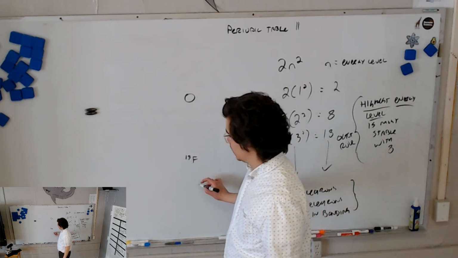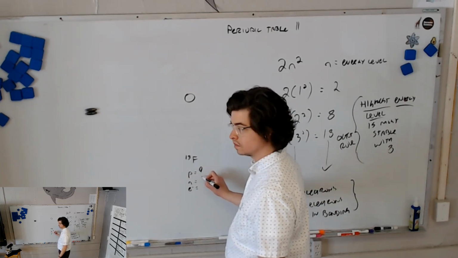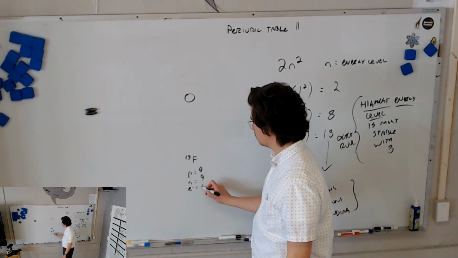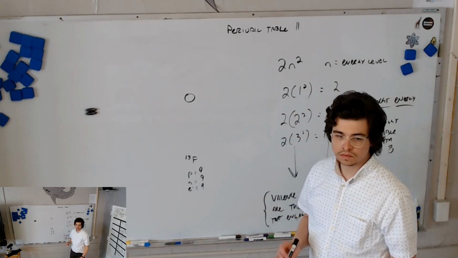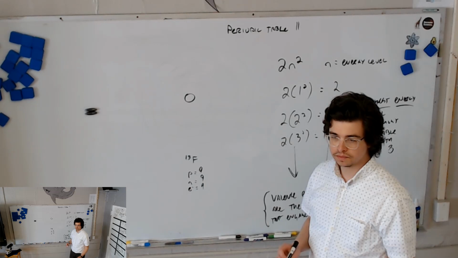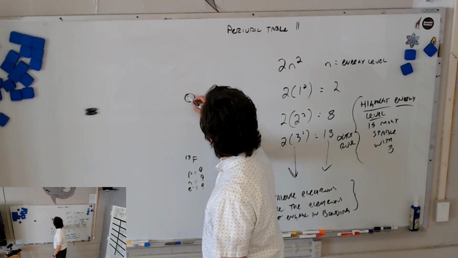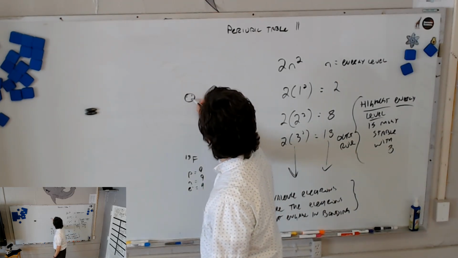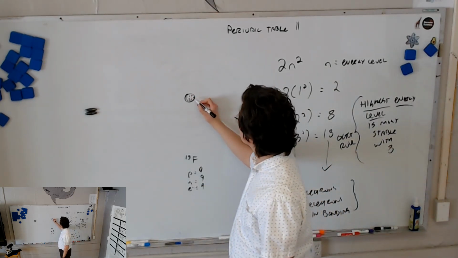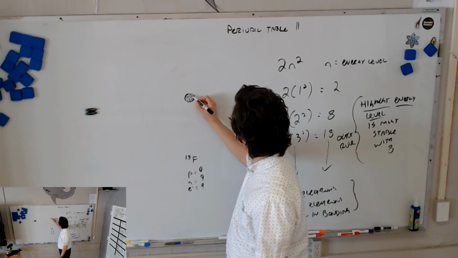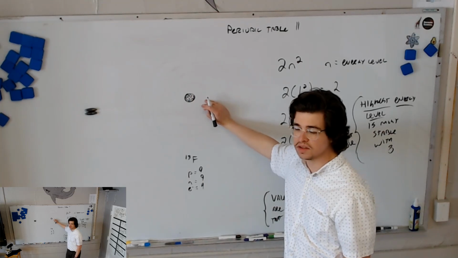How many protons, neutrons, and electrons, real quick? 9 protons, 9 neutrons, 9 electrons. Good. In the nucleus here, what should I draw? 9 protons and 9 neutrons. So I'm going to put 9 little plus signs: 1, 2, 3, 4, 5, 6, 7, 8, 9. I'm going to put 9 little zeros: 1, 2, 3, 4, 5, 6, 7, 8, 9. The zeros represent neutrons. The pluses represent protons.